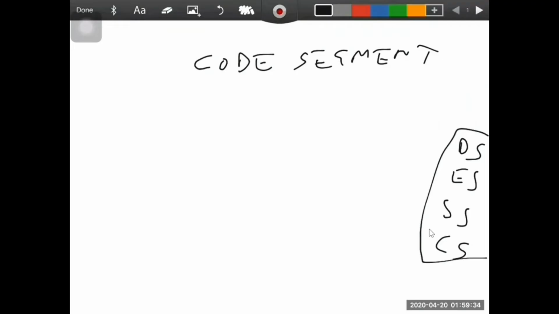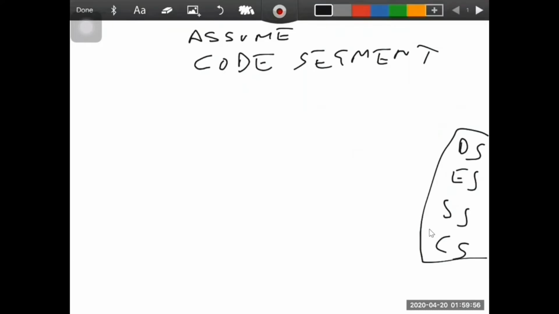So before discussing the segment, first I would like to discuss the ASSUME. This is also a directive which comes under the category of program organization directive. So what does ASSUME perform? The ASSUME directive is used to tell the assembler the name of the logical segment it should use for the specified segment.